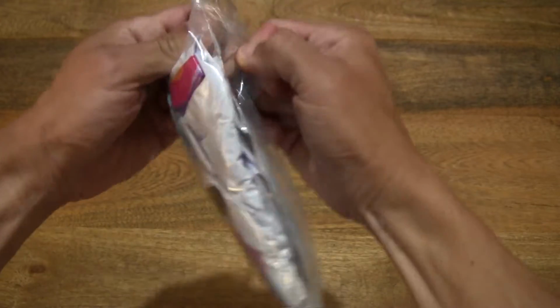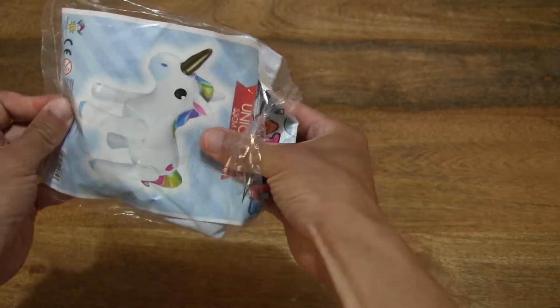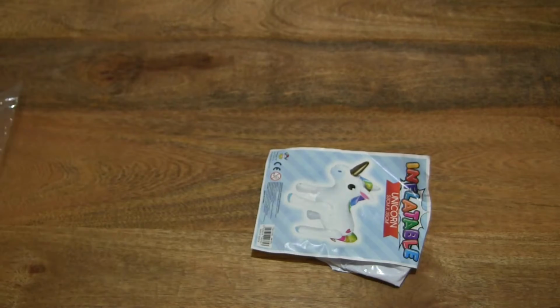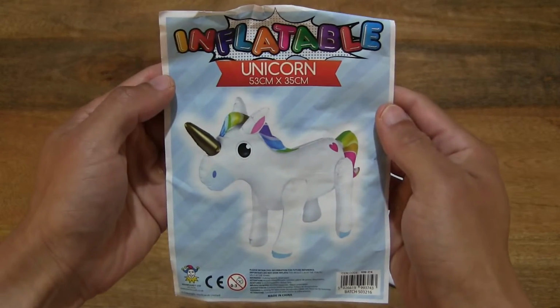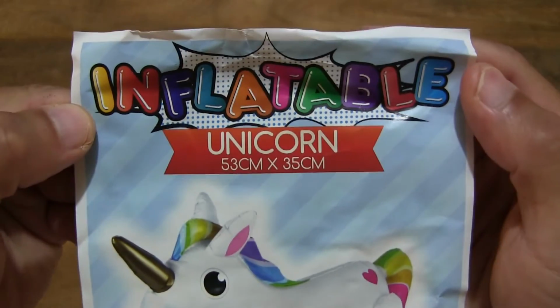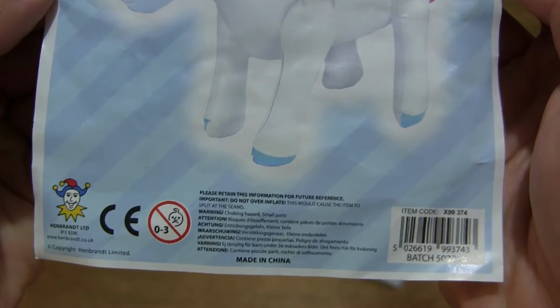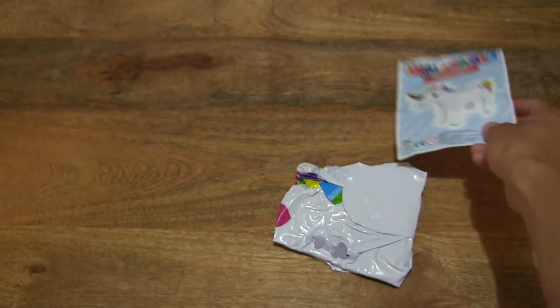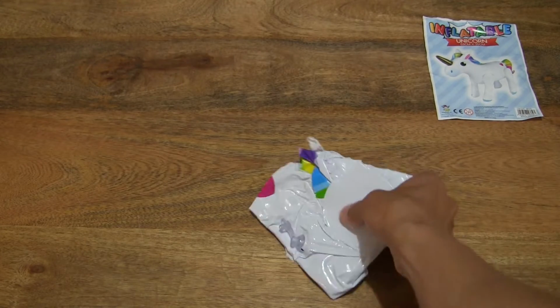And now let's go ahead and open it up, of course tearing open the clear plastic packet and sliding the contents out. Just setting the packet to the side and giving you another look at the slip of product packaging paper and product details for this Henbrandt Inflatable Unicorn. Okay, so just setting it on the right hand side of